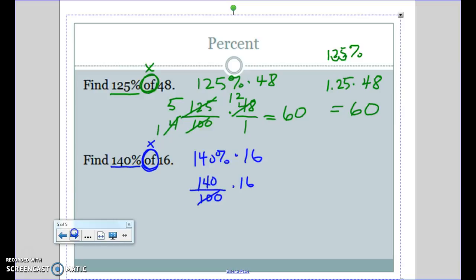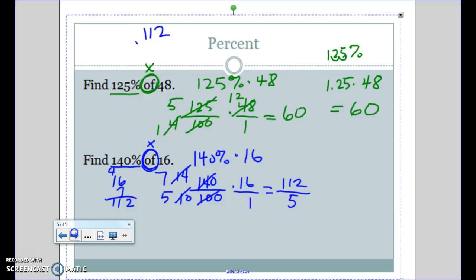I know that 10 goes into 100 10 times and into 140 14 times. I notice that these are both even numbers, so 2 must go into both of them. And in this case, I don't have anything to cross-reduce. And so this would be a little more appropriate to do with a calculator probably. 7 times 16 is 112 over 5 times 1 is 5. 112 over 5. Or, if I divided 112 by 5,